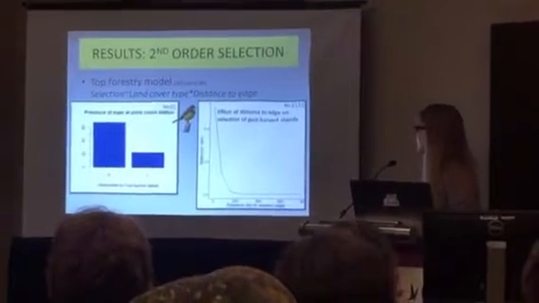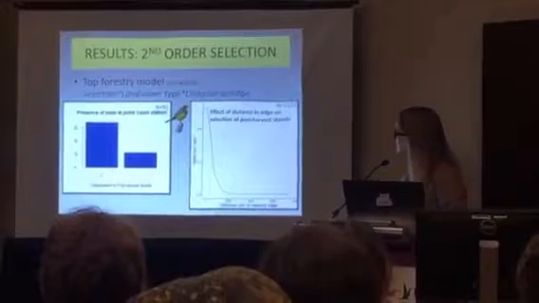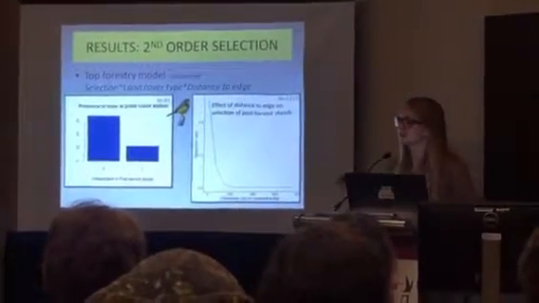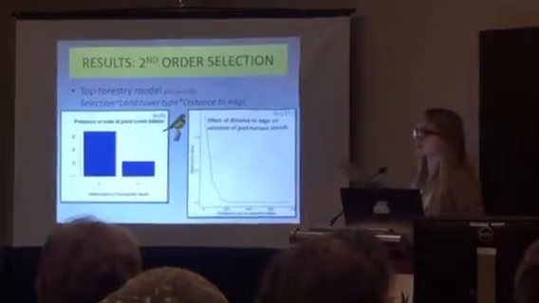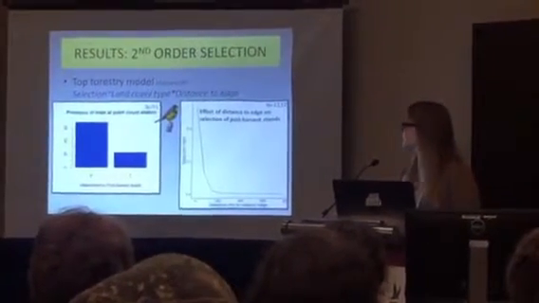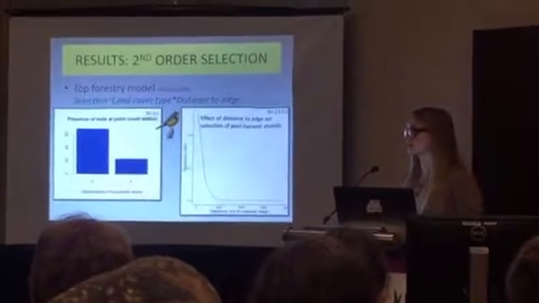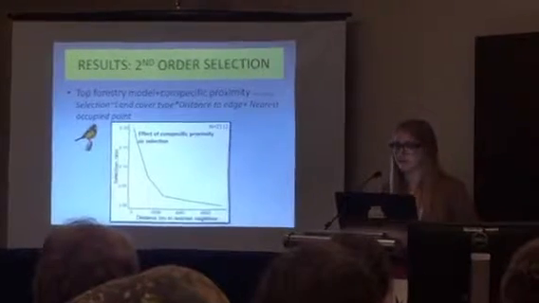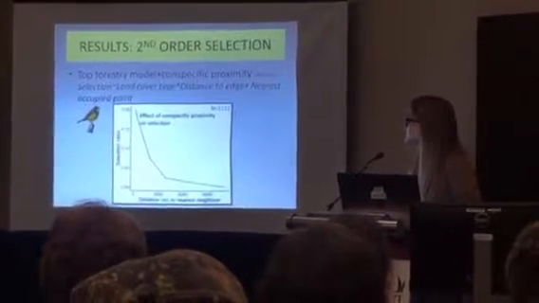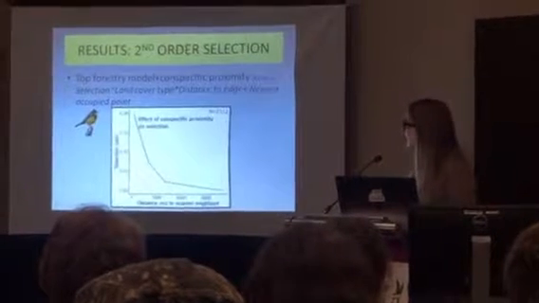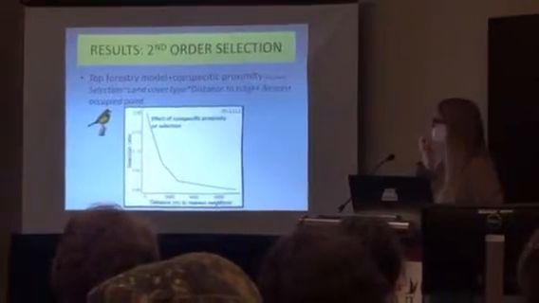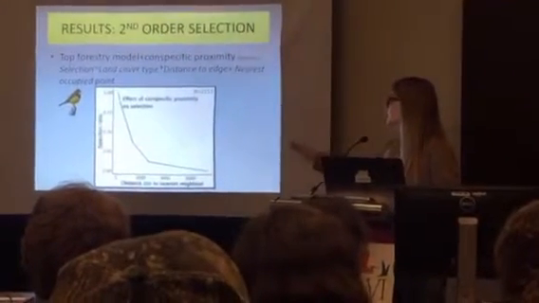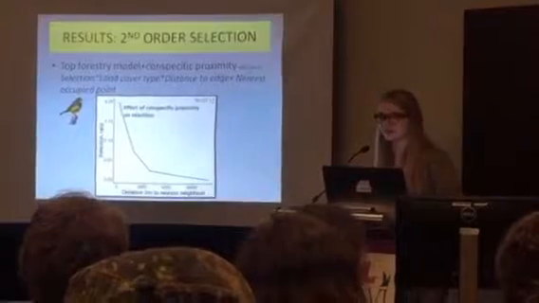For those males where they were detected in post-harvest stands, selection ratios were really high, nearer to edges of unharvested stands. So they were more likely to be there if it was near the edge of an adjacent unharvested stand. As the distance to those unharvested stands increased, the selection ratios decreased. We then added conspecific proximity to see if this improved our model, and again ranked these using AIC. And indeed it did improve the model. So in addition to these forestry covariates, conspecific proximity was important, and selection ratio decreased with increasing distance to the nearest neighbor.